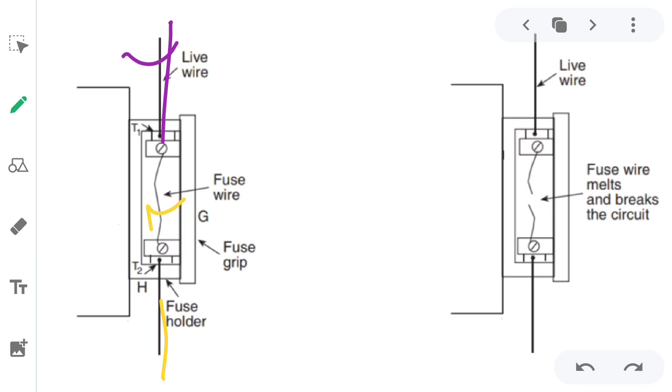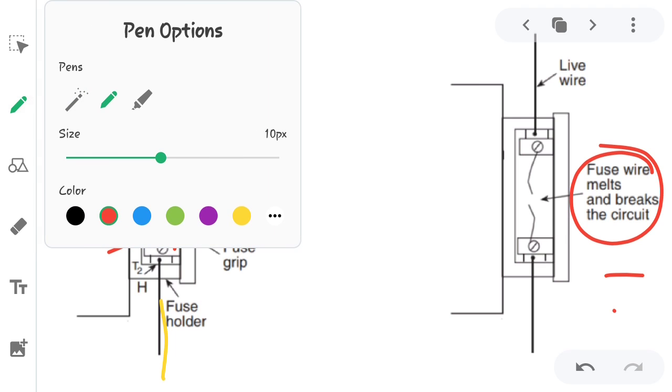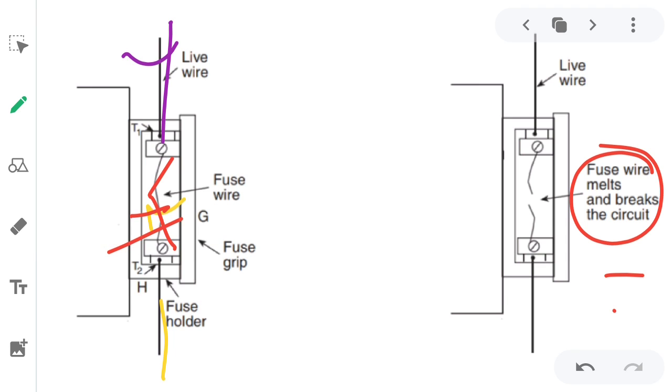So then what will happen? This fuse wire will get heated and it will melt, and if it melts, then you can see that the circuit will break over here, and as the circuit breaks at this point, current will stop flowing through this wire. Okay, and if the current does not flow, then all the electrical appliances will remain safe, or fire will not occur at home.